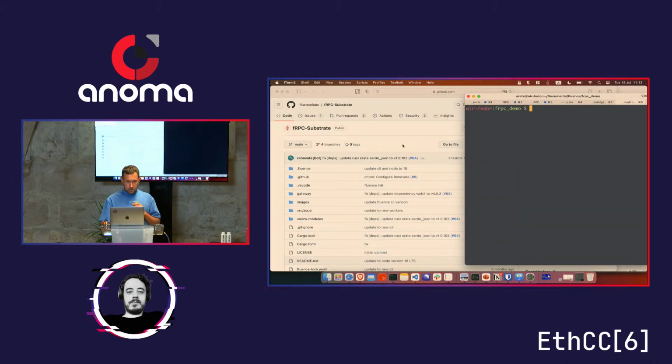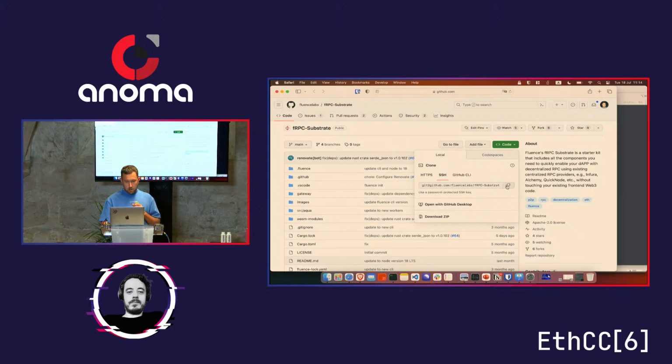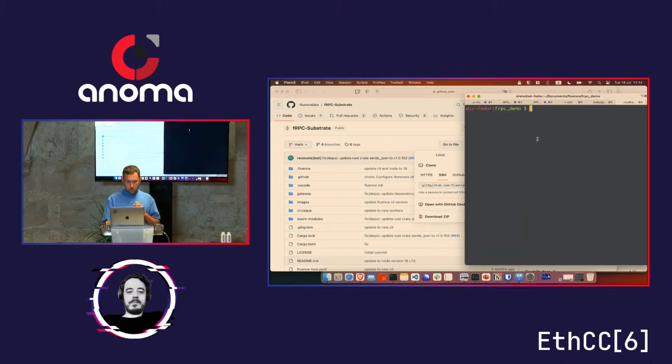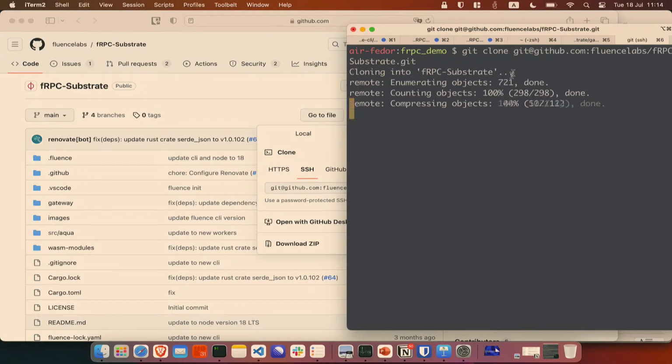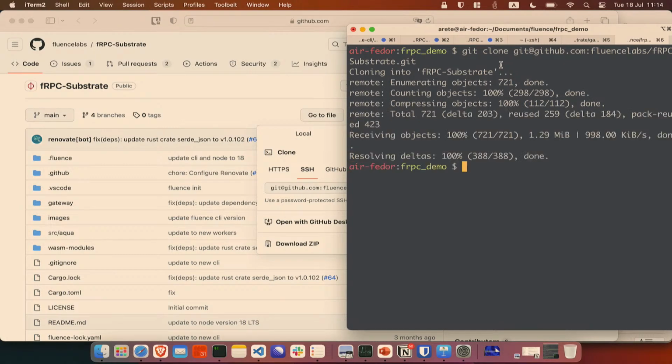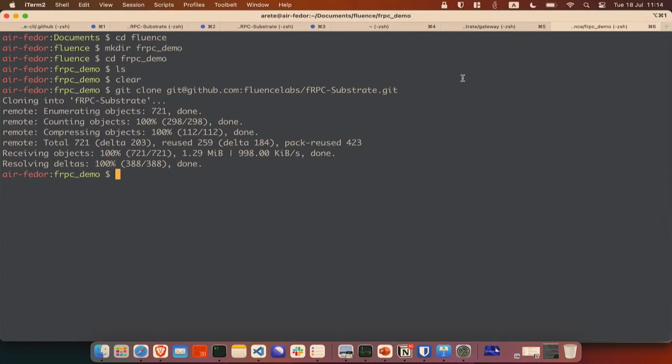So we start with this code, and we clone the repo. So once we get into this repo, we can see what we have here.